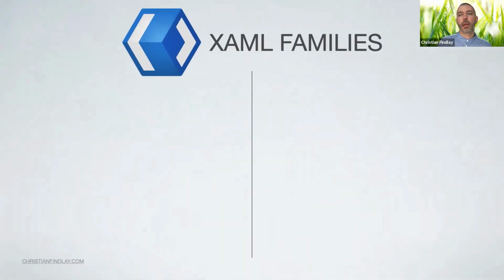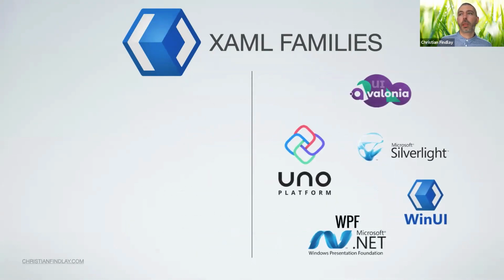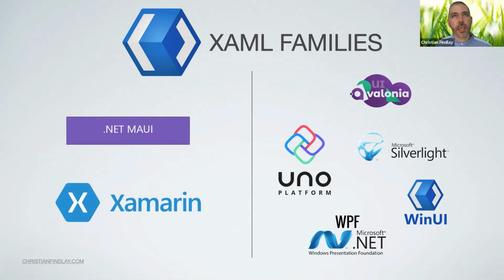Okay, so there we go. So from the background, now we've got Avalonia, Uno, and WinUI, which is basically UWP. These all come from a common background. So if you're going for phone and desktop with XAML, Uno and Avalonia are a good choice because they come from the same background. .NET MAUI is a little bit different. It has a bit of a different background to these platforms.